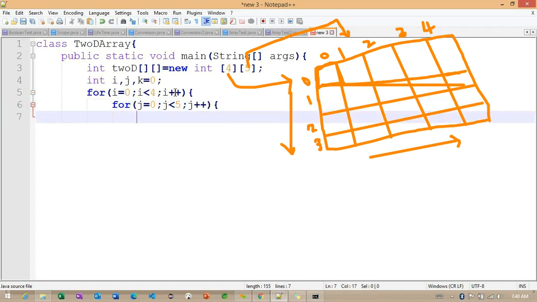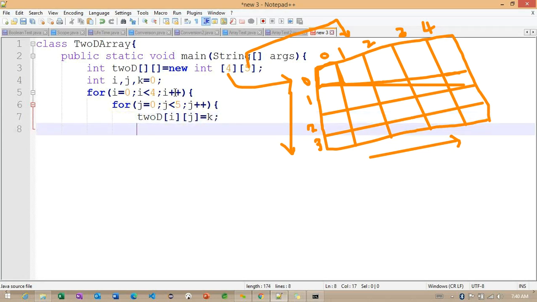Right. Observe here, I'm opening one brace. Internally, I'm using the 2D array, and here I'm checking with i, and the second one with j, and here I'm initializing with the k value. Getting the point? Now I'm increasing this particular k value. This is very important, this section is going to play an important role. Observe here, this is already identified, this is the reference of this particular array. And what exactly is this i indicating?